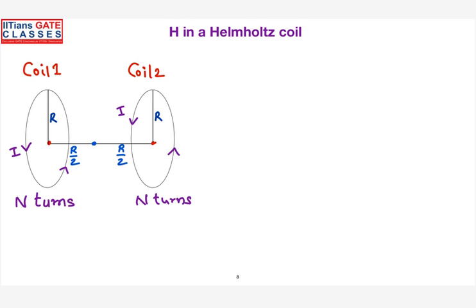Sir, the component along the radial direction will be cancelled, opposite to each other. Okay, I'm not talking about the radial direction only. I was talking about the axial point. What will happen when it is along the axial point? Sir, if both current directions are opposite to each other... No, I told you the current directions are the same. Then the fields won't get cancelled.